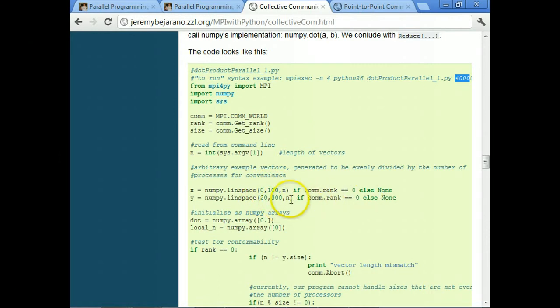And again, we're assuming that these vectors only live on the root node, and that's plausible because, like we talked about, if we're reading from data, typically without some of these more advanced technologies, we're just reading from memory in one stream, and so we're going to be doing that with the root process. So we're assuming we read in this data from some stream, and we read it into process 0.